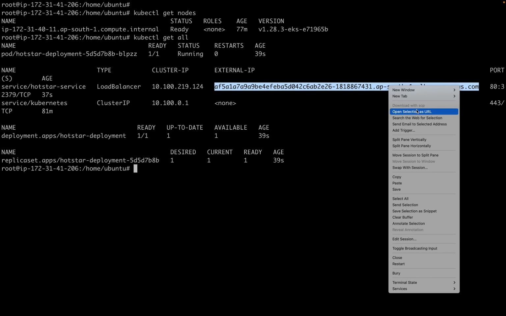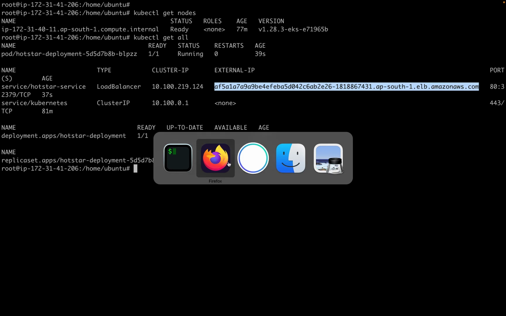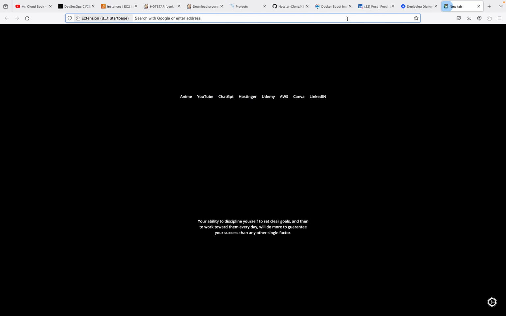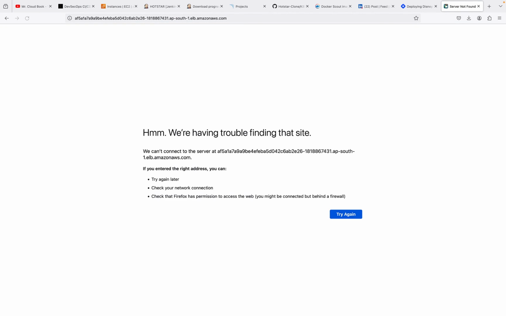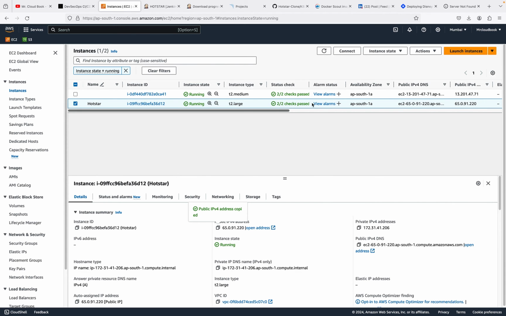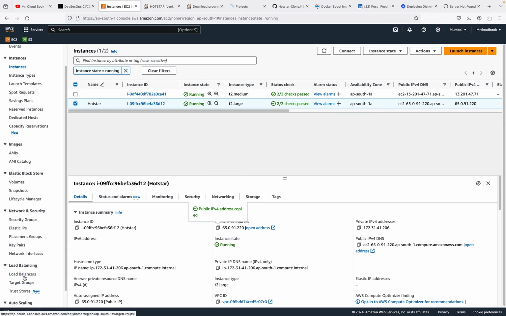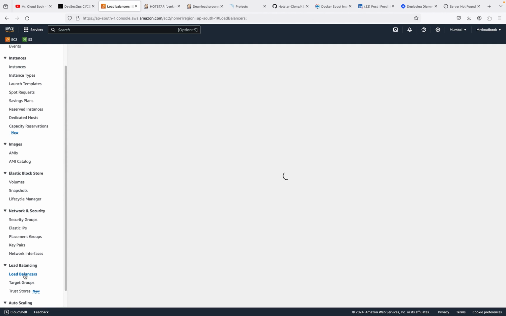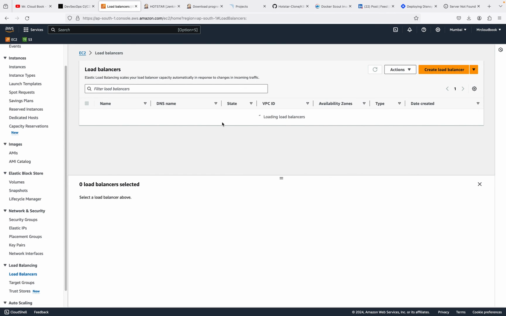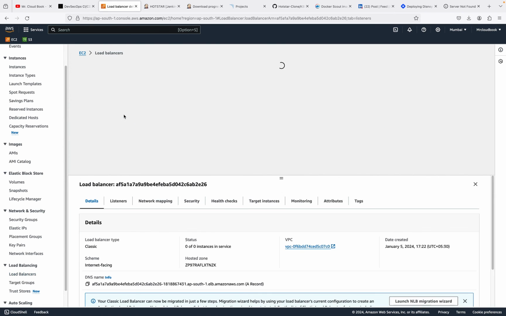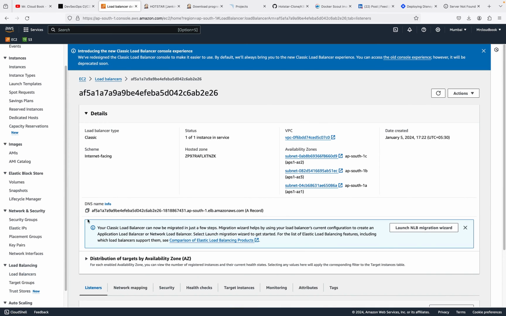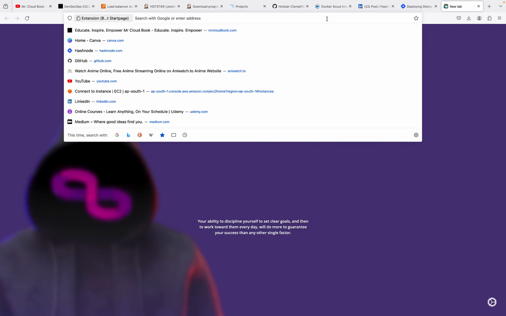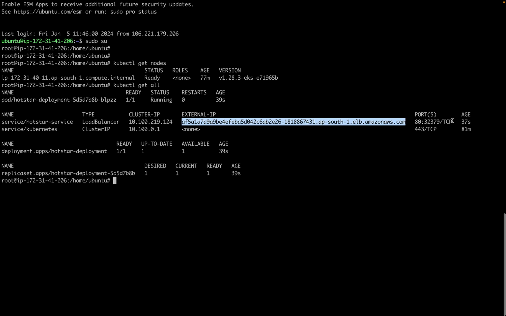Just copy this and open it in a new tab and enter. Okay, I think we need to open some port here. Go to the load balancer types. Let's see. Yeah, this is fine. Okay, copy it. Let's paste it again and enter. So let's open